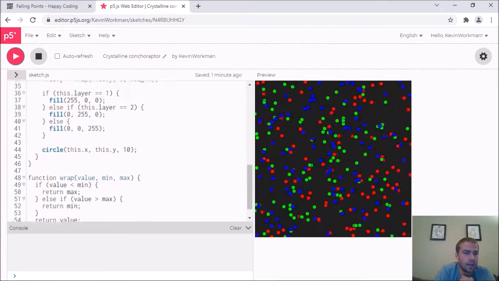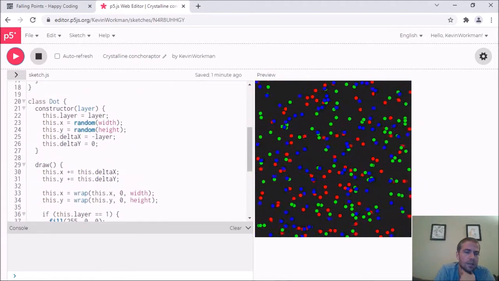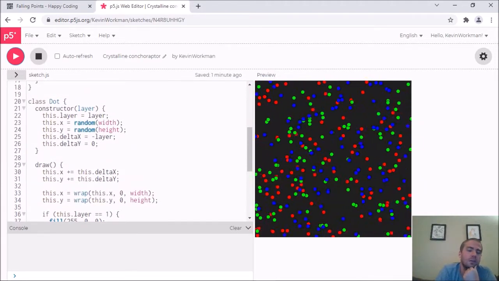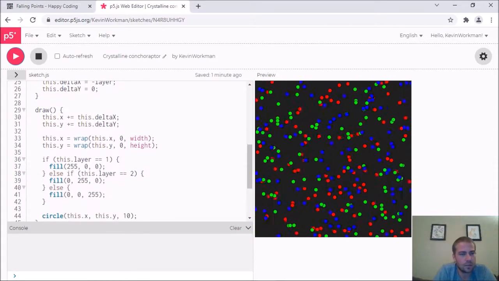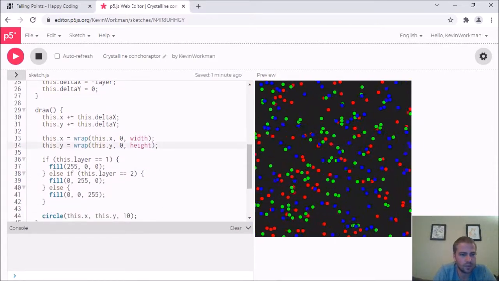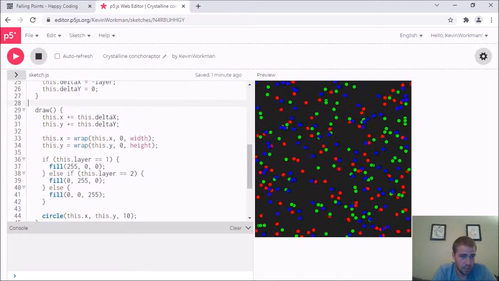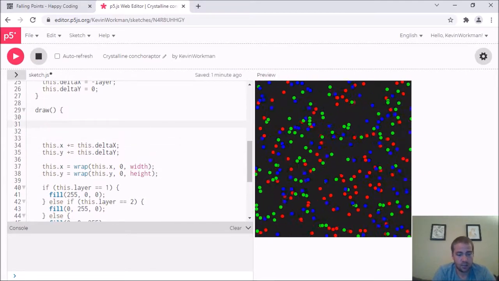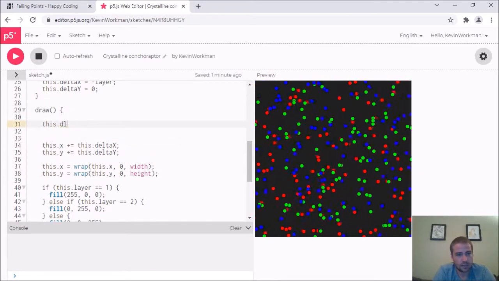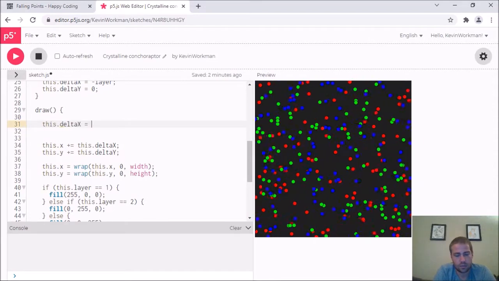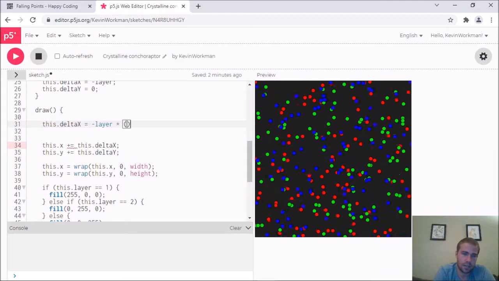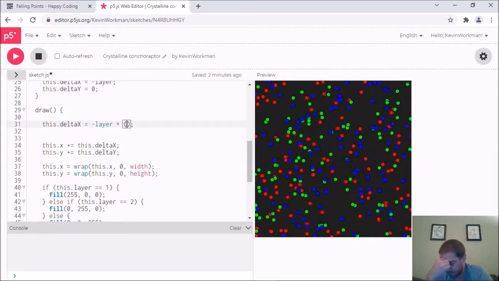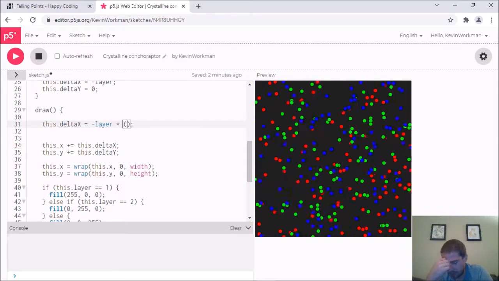I would do that by, let me maybe think about it this way. So what I might do, and it's going to be kind of experimental, is this dot delta x equals, so it's going to be negative layer multiplied by something, and that something is going to be what? It's going to be, maybe I'll